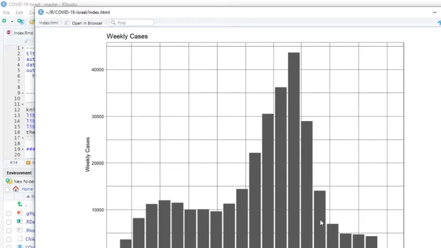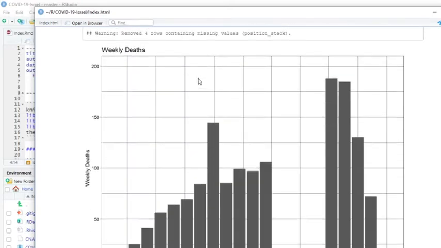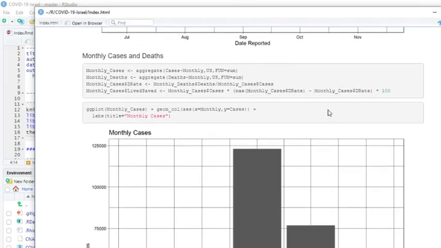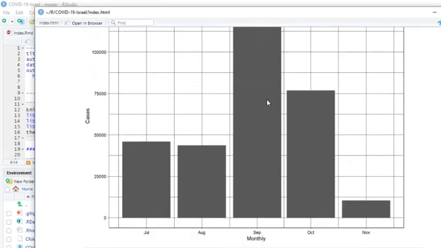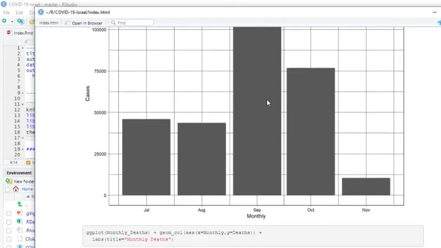Because you can see here the declining cases by week. Okay. And deaths, well, 1, 2, 3. For 3 straight weeks in a row, the deaths have been below this highest point here. Okay. Monthly cases, you can see October was less than September. And there's a good chance that November's deaths will be below October's deaths.